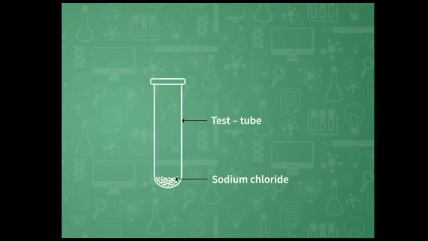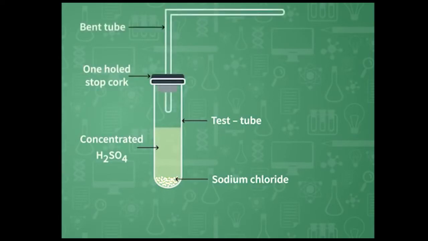For that, in a test tube, we take 1 gram of sodium chloride, that is common salt, and we add slowly concentrated H2SO4 to it. We close the test tube and we put a delivery tube into the test tube. Now the delivery tube is put so that the gas evolved during the reaction can be collected through this tube. Well, we can see some bubbles here, which means some gas is evolving here. Now the gas is collecting in the delivery tube.